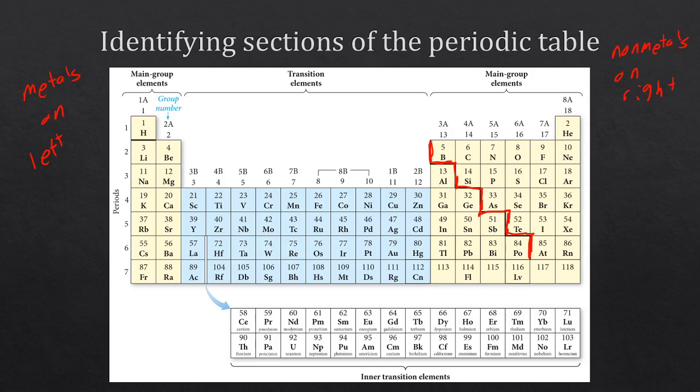So their behaviors are going to follow some predictable patterns that will help us be able to make some use of that information. When we learn about those patterns, it's less easy to follow those trends when we get towards the transition elements, which are the ones that occur in the middle. You'll also notice this thing called the inner transition elements. The way to understand this is, so this little blue arrow here pointing, these elements right here,